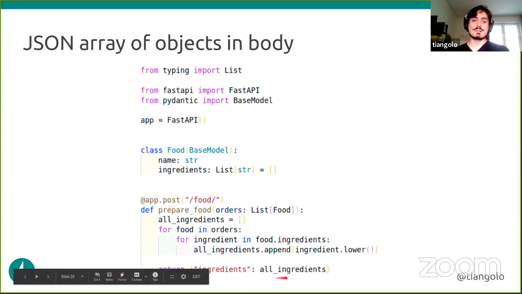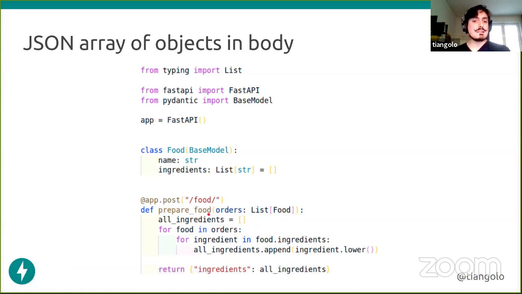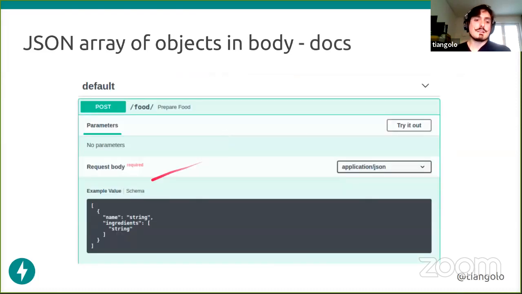And then we just return that. The thing is that we can declare very deeply nested data structures like this. This is a list that contains the JSON object, the equivalent of a dictionary, in the request that we send. And that will have these values, one of them is going to be a list of strings. So we can declare all these deeply nested data structures, and they will all be automatically documented in